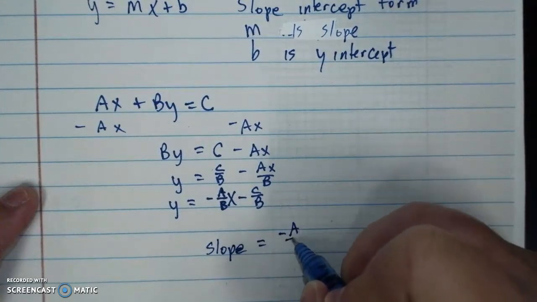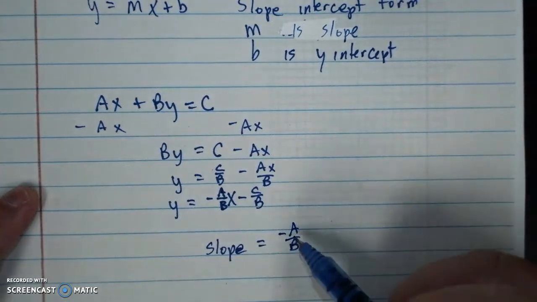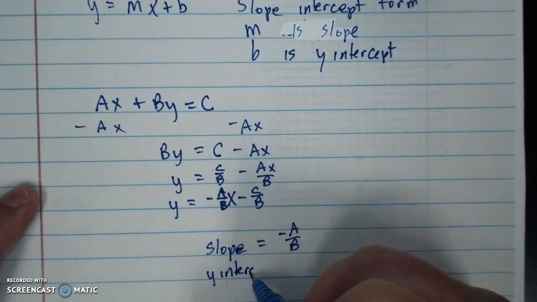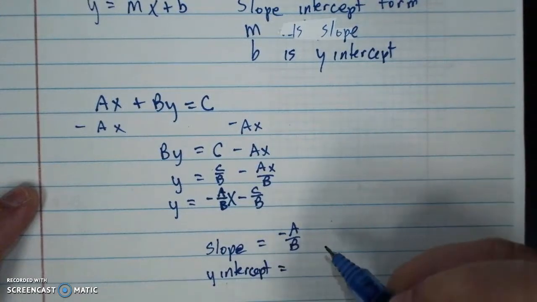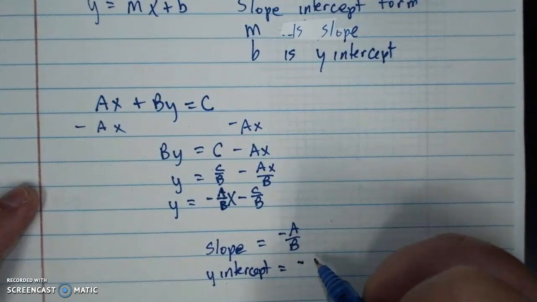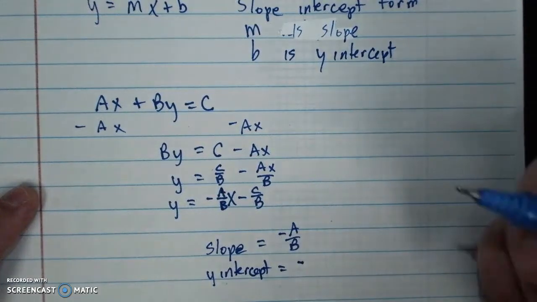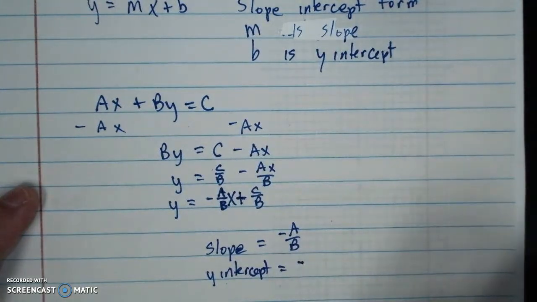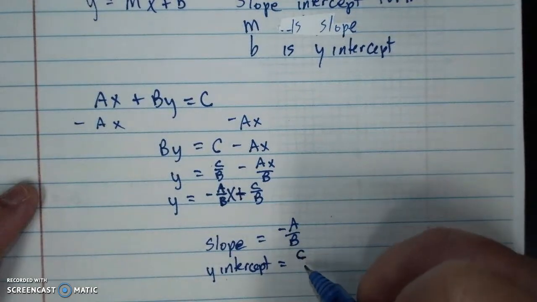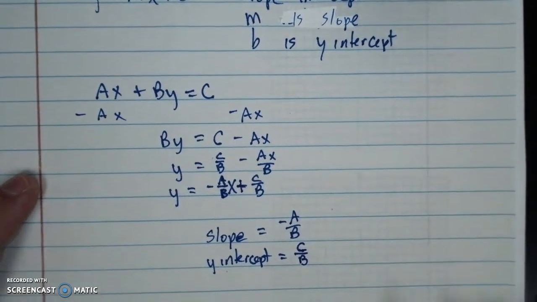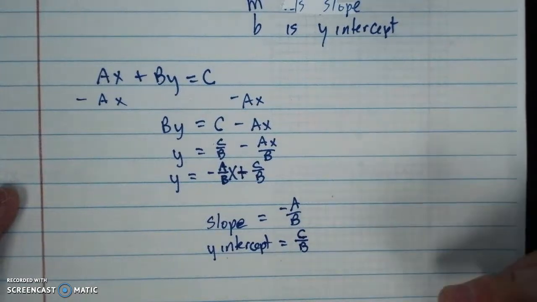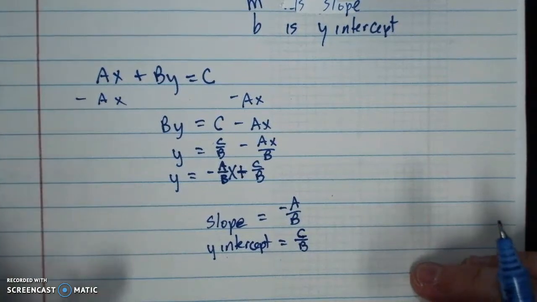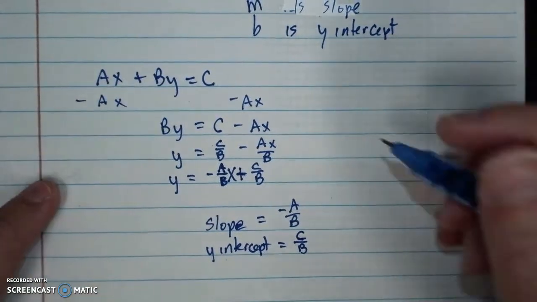and so your slope is negative a over b, the opposite of a divided by b, and your y-intercept is... That's still a plus. Sorry, that's still a plus. And your y-intercept is c over b. Okay? Some people can do this in their head. Some people cannot. So if you're going from standard, this is called